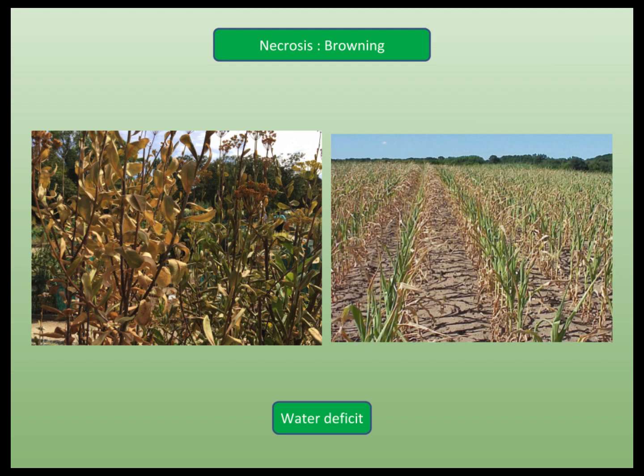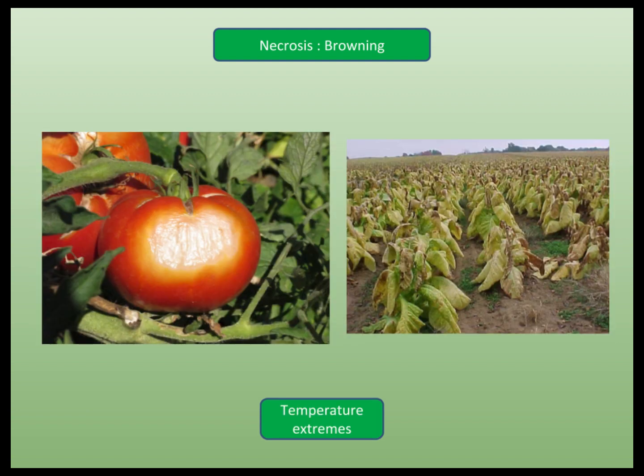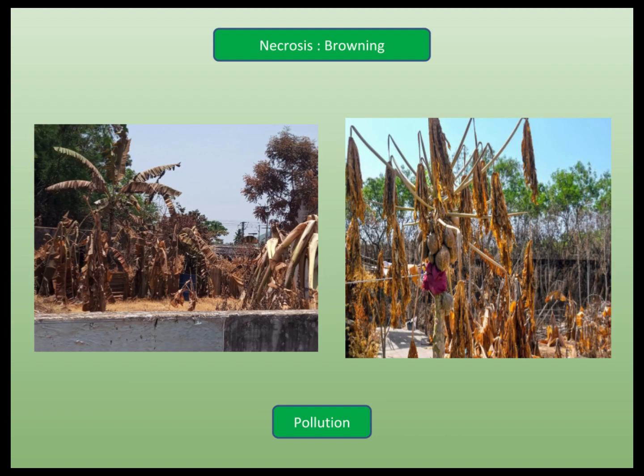Sometimes drought also causes necrosis browning. In that case, we would see large area in that region irrespective of crop types are affected by such necrosis browning. Farmers can easily make it out as they experience drought in the region. Some plants, particularly the fruits on the plants, if they show necrosis along with discoloration, turning brownish or yellowish white, then it is caused due to sunburn, which farmers can feel when they look at the prevailing weather in that area. Exposure of plants to pollutant gases or chemicals also causes necrosis browning. Sometimes it happens overnight, as it happened in Vishakhapatnam gas leakage, or it might happen slowly, as is seen in industrial areas with polluted waters.